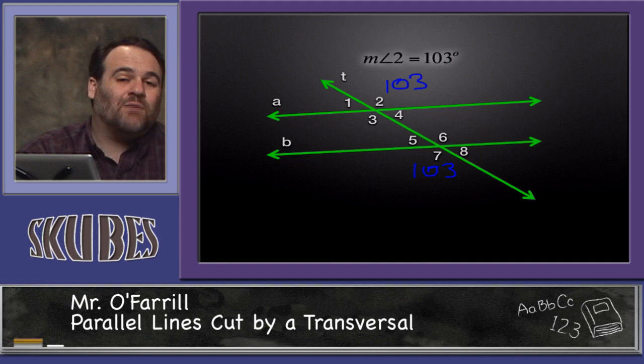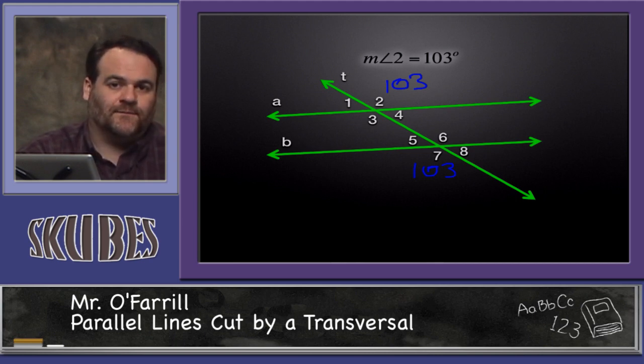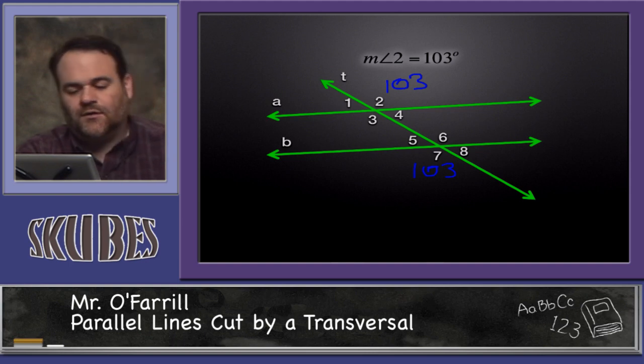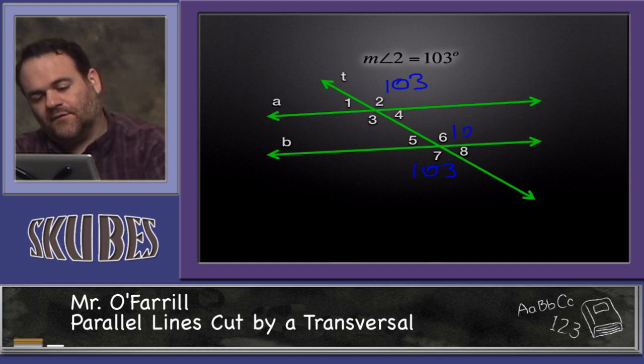What angle is corresponding to angle 2? Angle 6 corresponds to angle 2. And what's the relationship between corresponding angles? They are congruent. So this is also